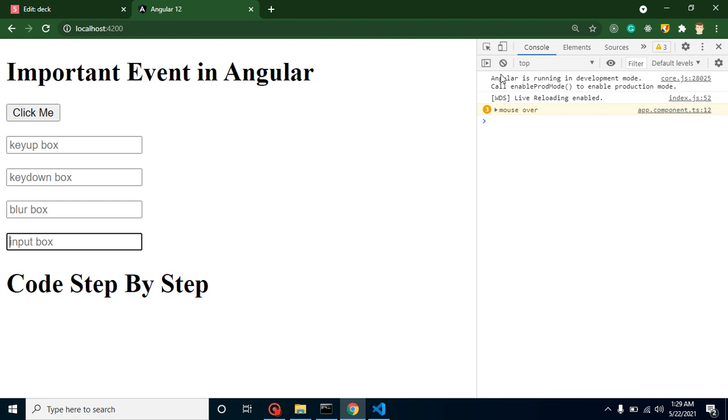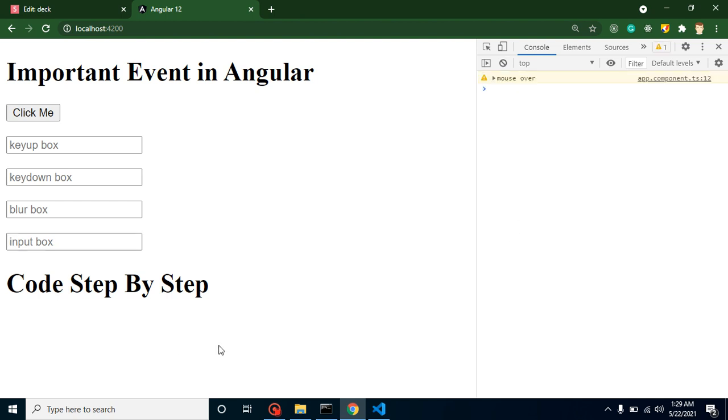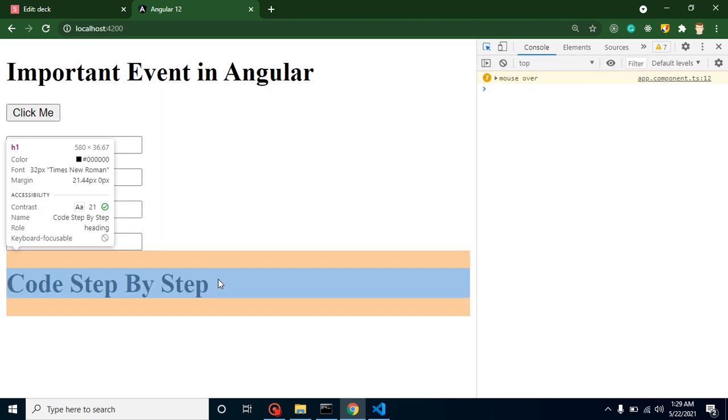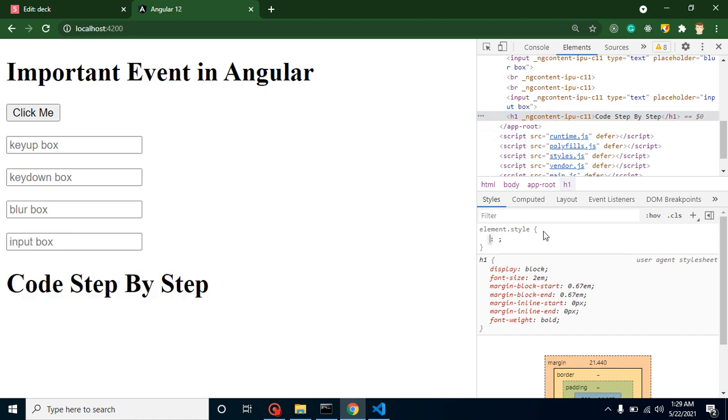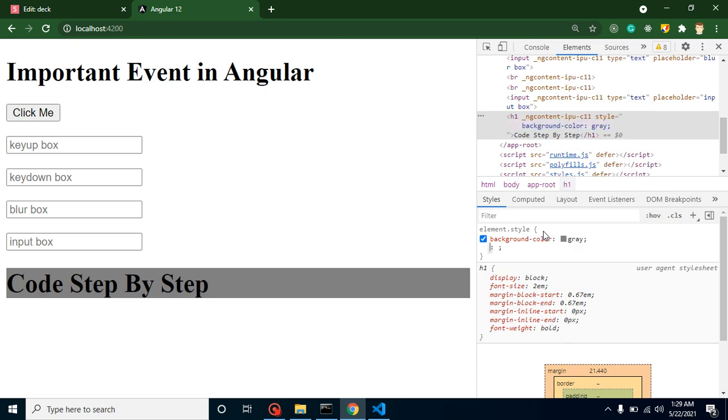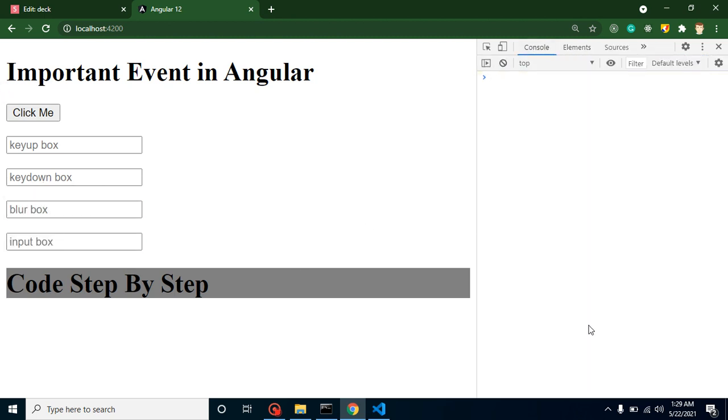Here you can see I'm going to clear it, and you can see that it is also giving the value from here. Why? Because it has a complete line, because this is a block type. If you make the background color green, then gray, you will find that it takes the complete row of your screen, right? That's why it gives the values from here. So whenever I take the mouse over it, it gives the result.